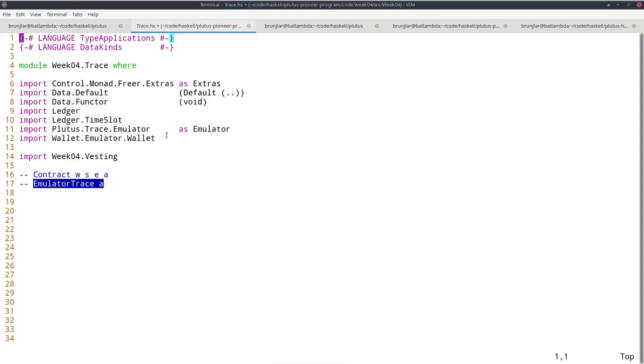And you can think of a trace in this monad, a program in this monad, as what we do manually in the simulator tab of the playground. There we always define the initial conditions and then define actions. So we said wallet 1 does this, invokes this endpoint with these parameters, and then we wait so and so many slots, and then wallet 2 does this, and so on. And things like that you can also do in this trace monad. So we should look at that first.